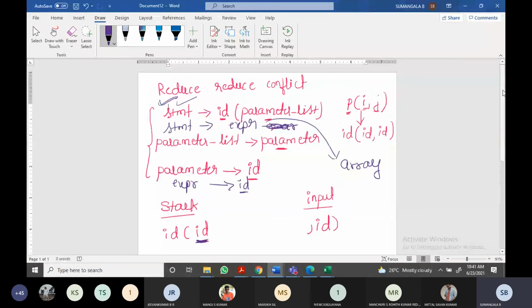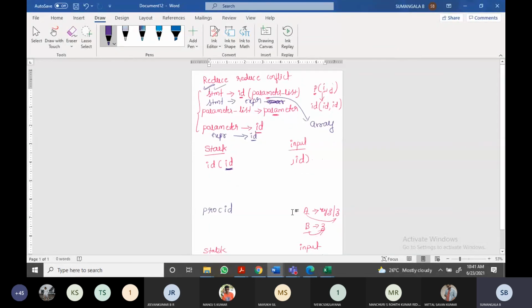Now instead of taking it as an ID only, the procedure name, you can take it as PROCID, that is procedure ID. Assume that on the top of the stack you have procedure ID, open brace, ID, and the input symbol is the same.